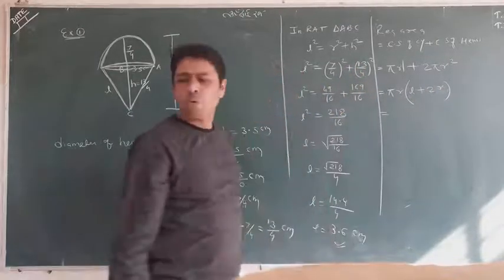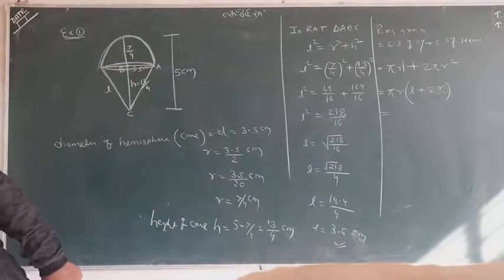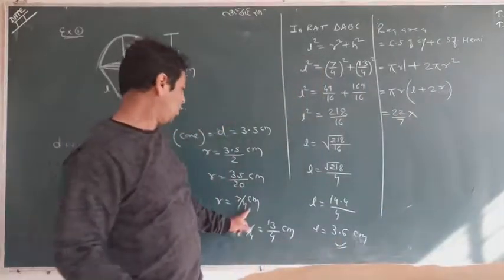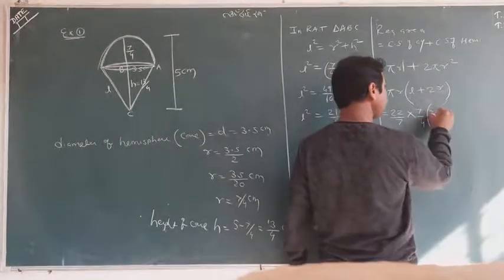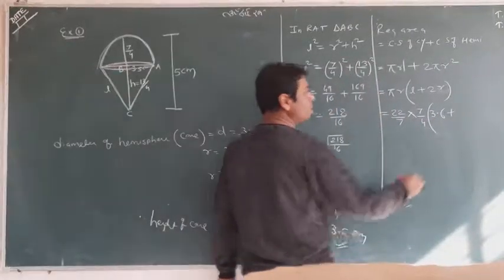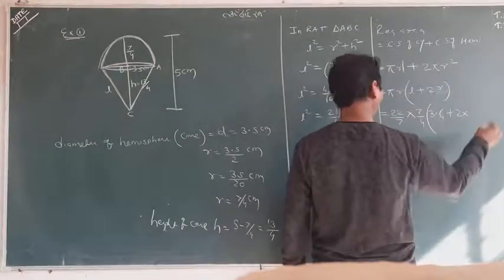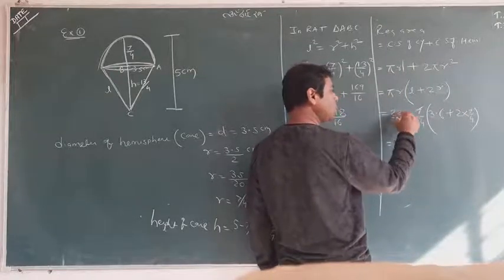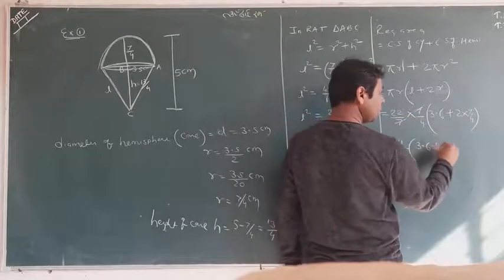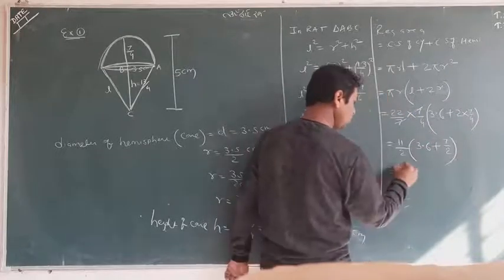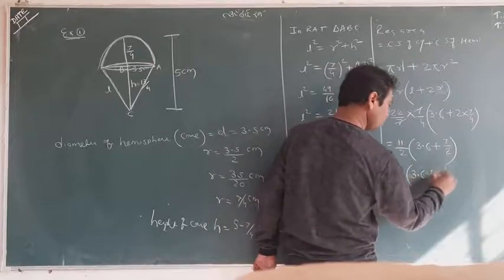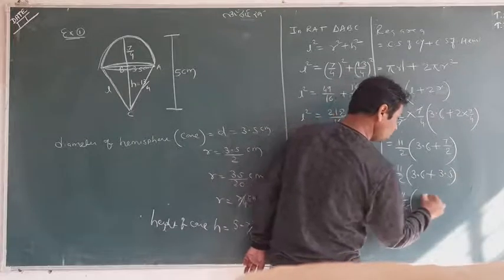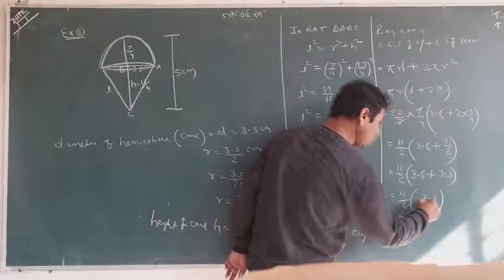Now you can go with the values. For pi, only 22 by 7 is given. What is radius? 7 by 4. What is l? 3.6, approximately. So it is 2 into radius 7 by 4. Now these two cancel, and 3.6 cancels by 2. Then add it and divide by 2, approximately.